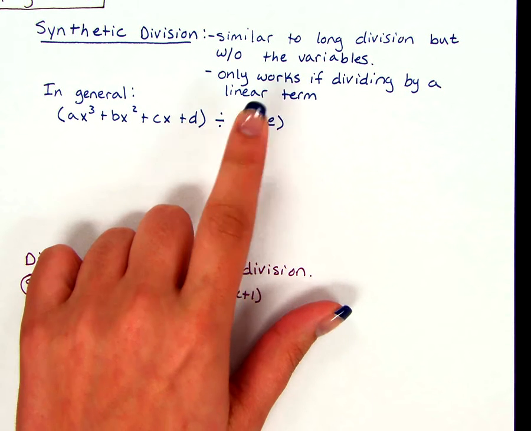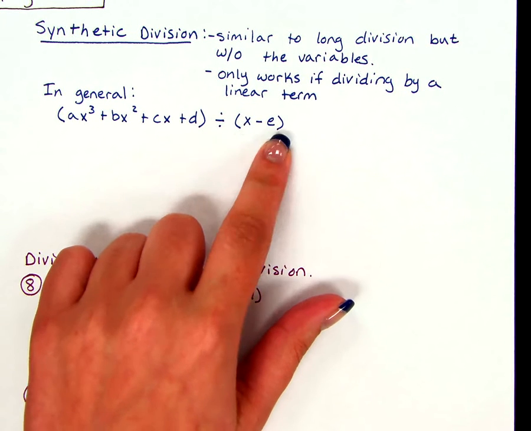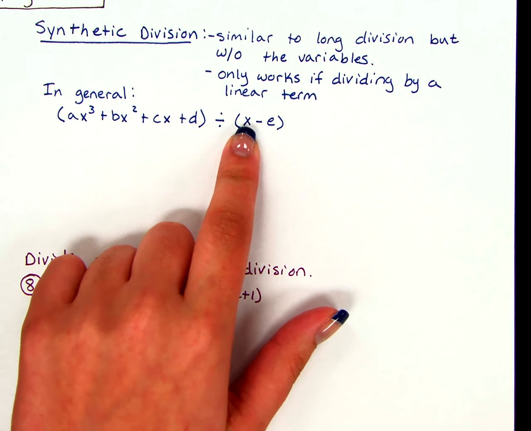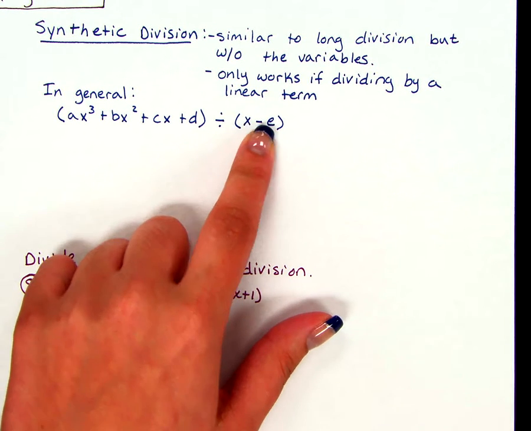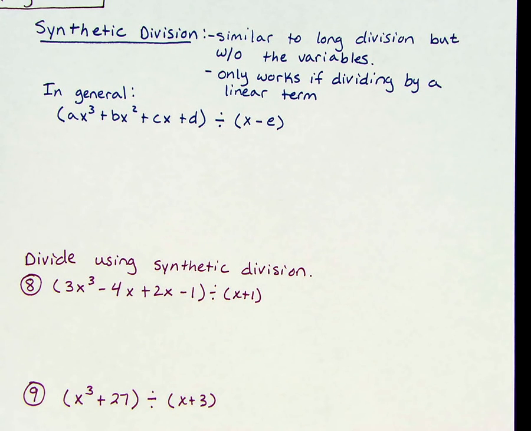So we're talking about the second number, so this has to be linear. So if this has a squared with it or a power higher than 1, we can't use this method. Okay. Now I'm going to show you the general rules, and then we'll do several concrete examples. Okay. So to set up our synthetic division problem,